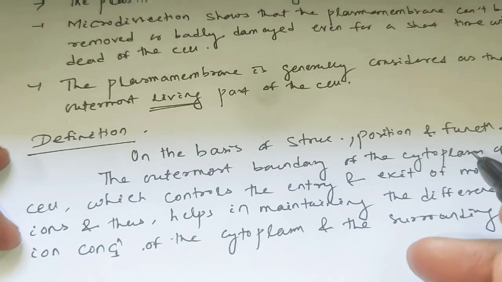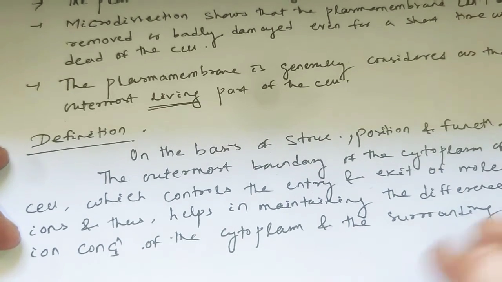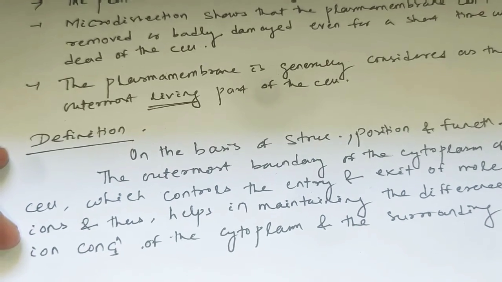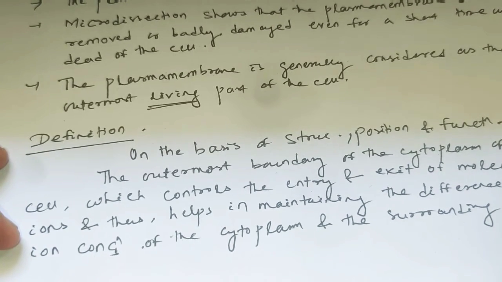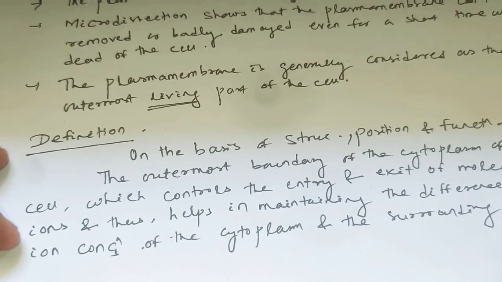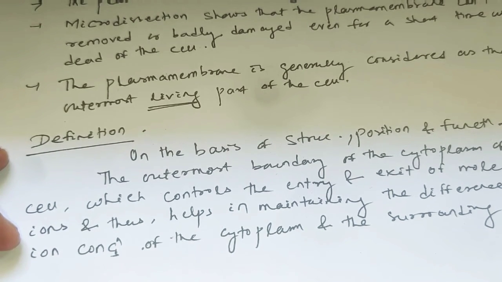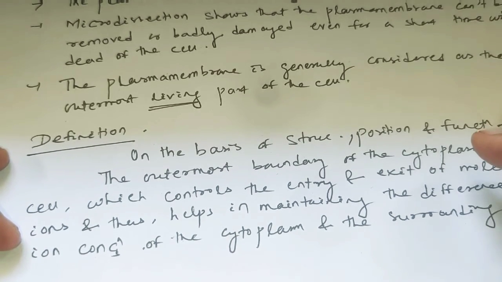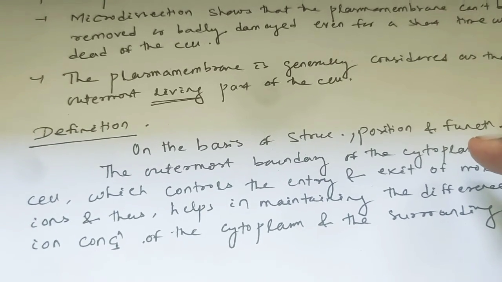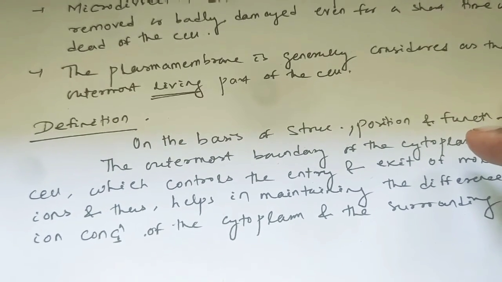You know that the cell wall, the first non-living layer, is permeable. That means any substance, ions or molecules can enter or exit through that layer. But when they contact the plasma membrane, it has a separate character: it is semi-permeable or selectively permeable. That means only selected molecules and ions can enter or exit through that layer. Okay, clear? Now come to the structure of the plasma membrane.